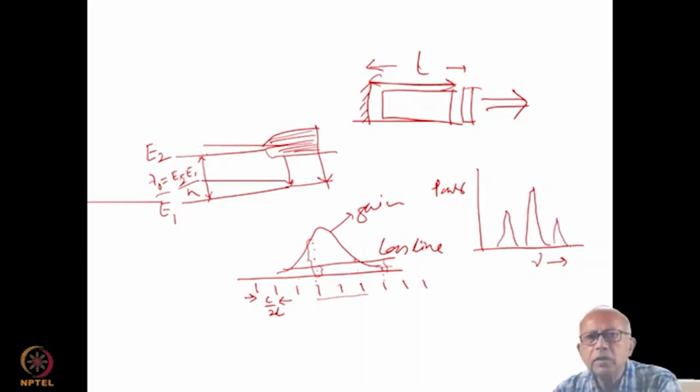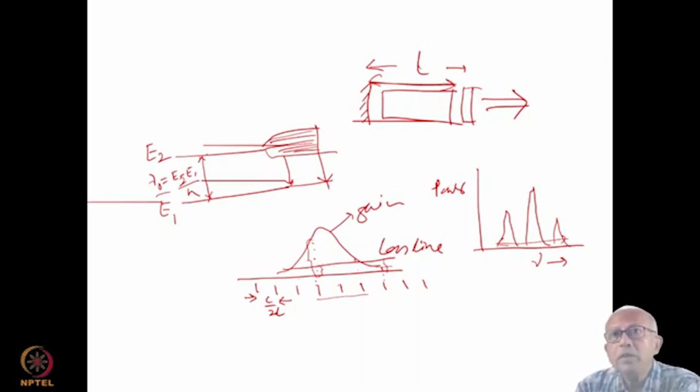So this would be essentially a multi-mode laser, and you can appreciate the fact that the emission of the laser is not highly monochromatic, because the emission frequency ranges over a large region, because it is a multi-mode laser. Although the emission is much more monochromatic compared to a conventional source, yet the monochromaticity of this multi-mode laser is not very great.